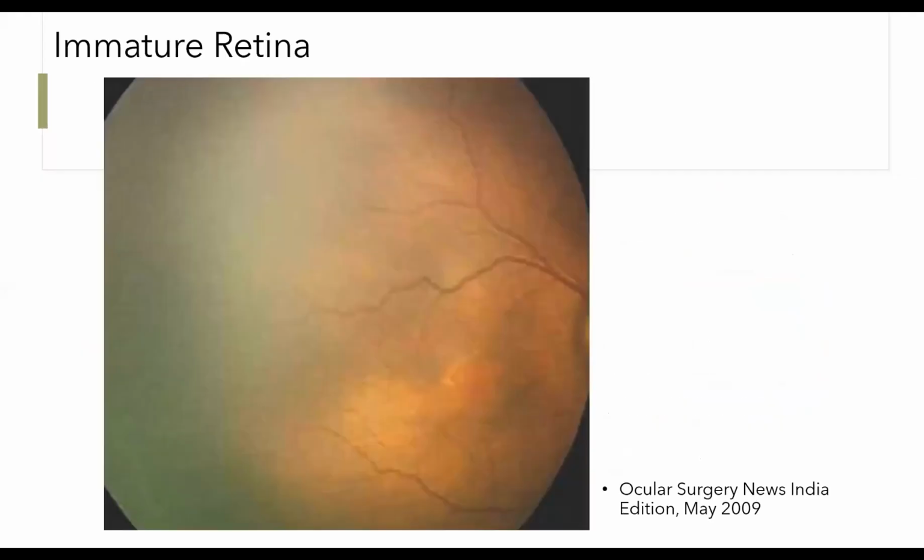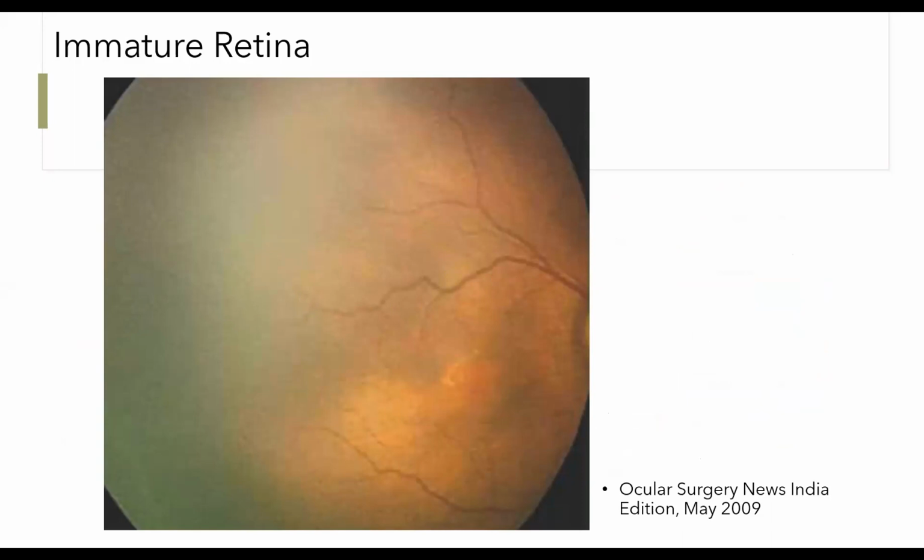So this is the photograph of the retina. ROP is defined into different stages. First is the immature retina, where you have normal vessels and they have stopped here, and the whole rest of the retina is avascular. You can't see any vessels here. So this is classified as immature retina. Any baby who is born premature will have some part of the retina which is avascular. If it is only immature retina, it is not pathogenic.